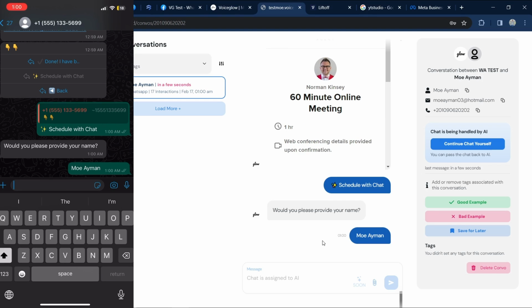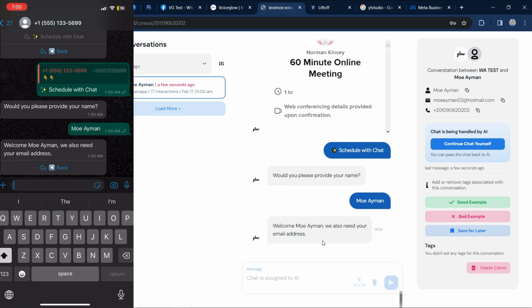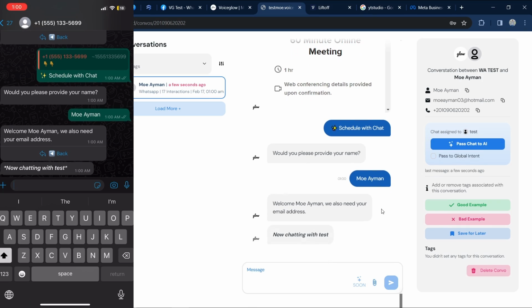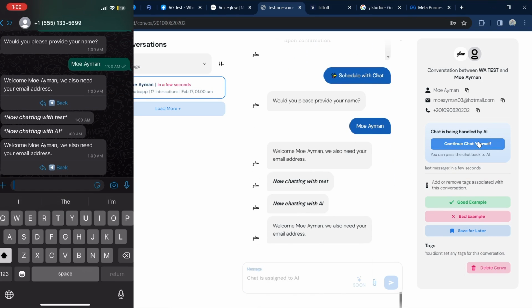I also highly suggest that you check that everything is working on a test account first before having a live account. But yeah, everything seems to work. Whenever you need to talk yourself, you just press on the button and now you're talking yourself. You can send images, you can send text messages, and when you're done, you press pause to AI, and yeah, this seamless transition can really be beneficial at times where you really need some human assistance, especially right now